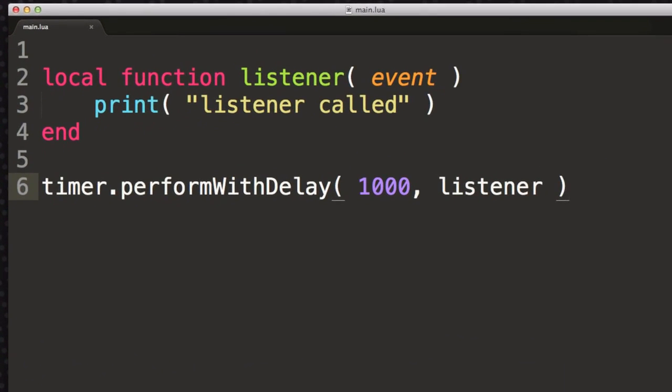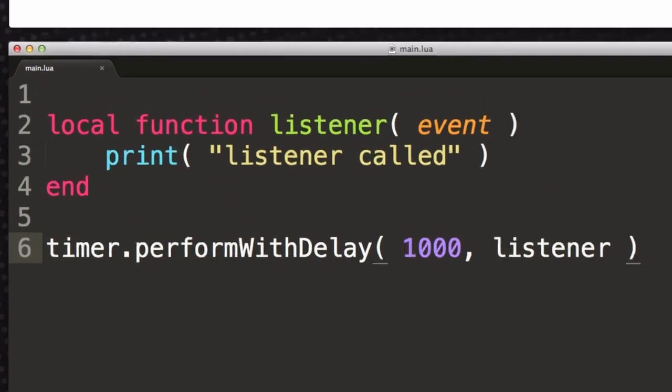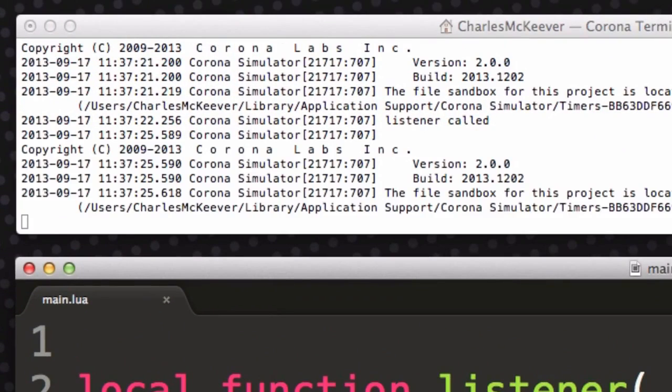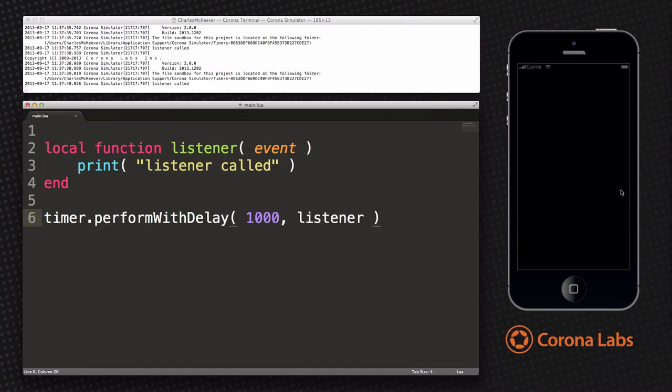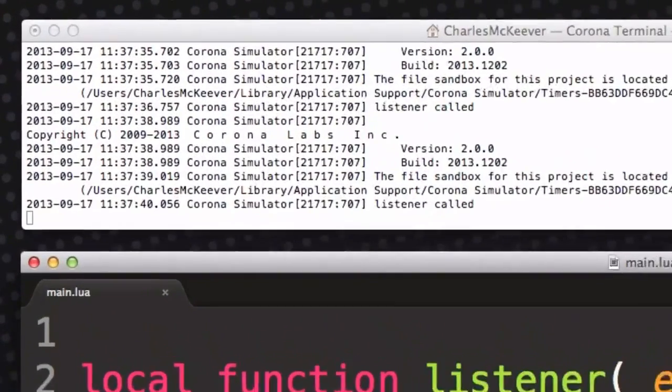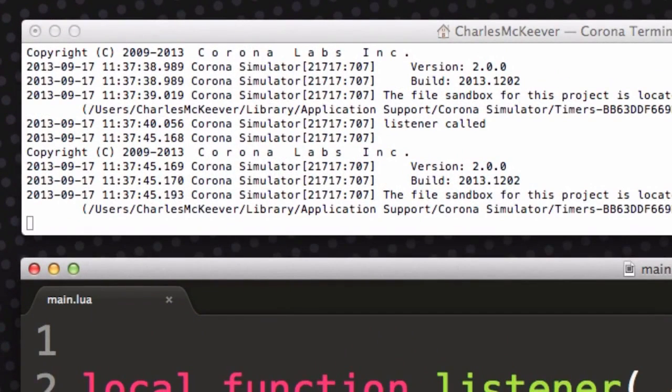Let's look at some sample code. In this example, we create a local function called listener that will print the message "listener called" after 1 second, which is the amount of delay that is passed into our timer.performWithDelay function. If we increase the delay to 5000 milliseconds or 5 seconds, we see that the message prints after the longer